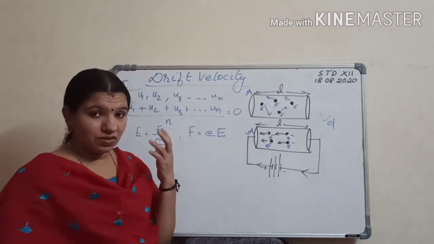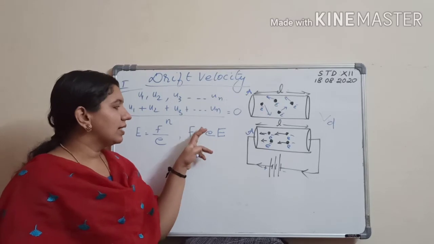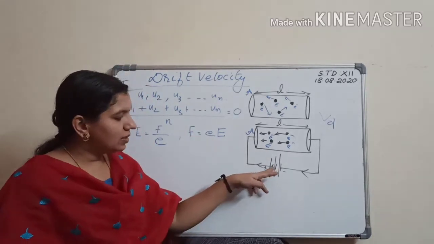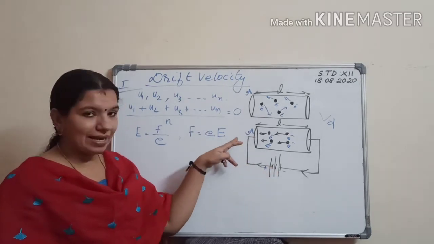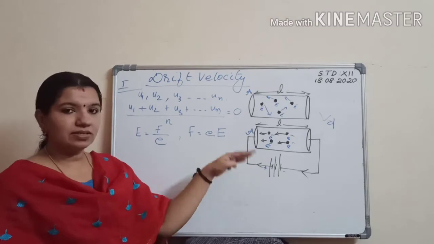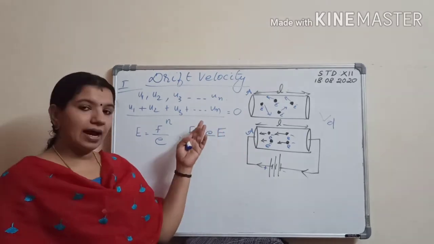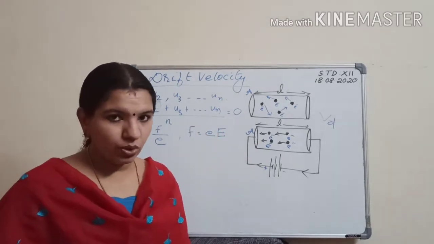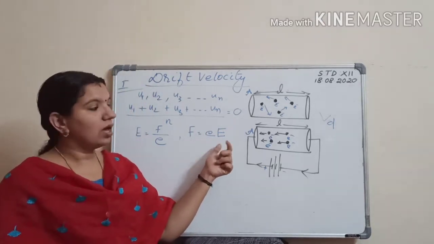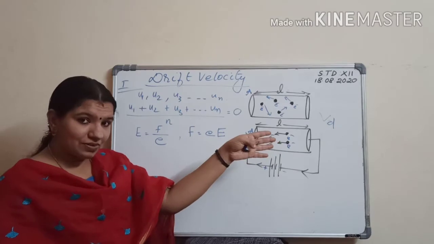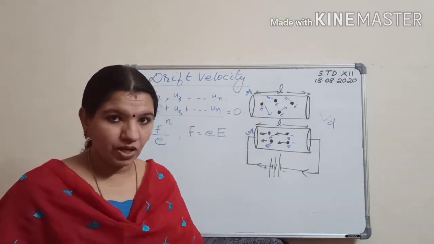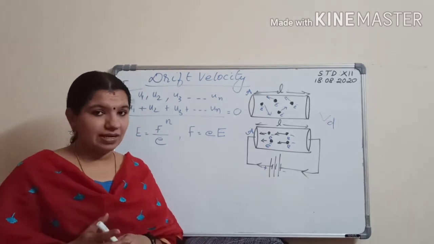Now in some textbooks or some guides, the negative sign is also taken. Why? Because you know that the field is provided in this direction, isn't it? Electrons are drifting towards this direction. So the direction is opposite. So you can write the negative sign also, no issue. Understand? So F is equal to eE. Now because of this movement, the electron is having an acceleration.